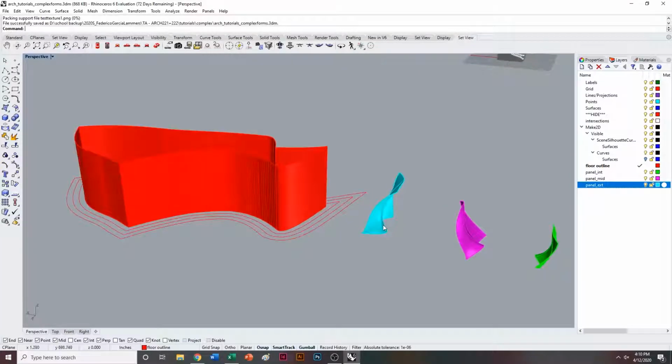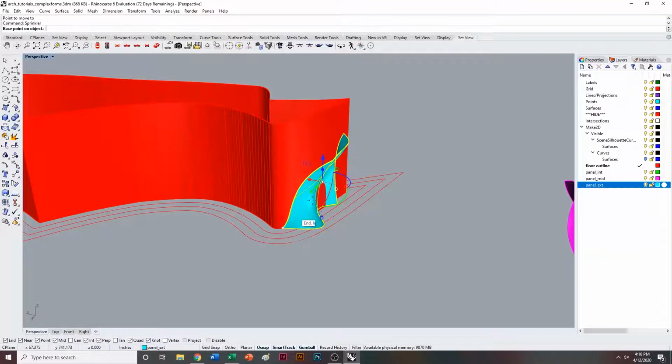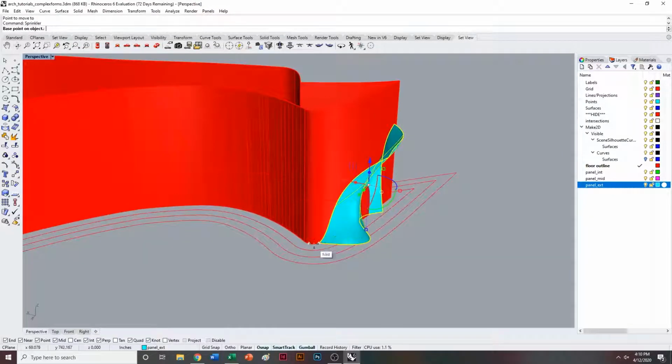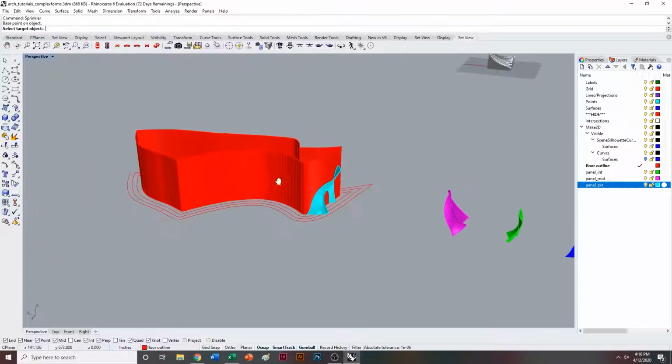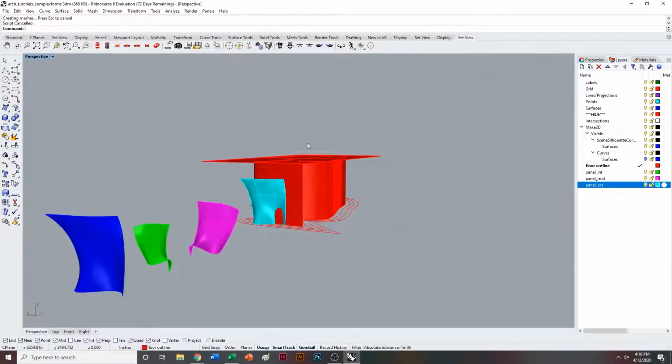I'm going to see if the sprinkler command works really quick by simply typing in move and bringing this over to our surface and typing in sprinkler. Basically, I have to select a base point on the surface, and then click on the target object, which is the surface. I'm going to say 2, and we're not going to randomize them, so rotation is no and scale equals no. And then I'm going to hit enter, and it doesn't like that,